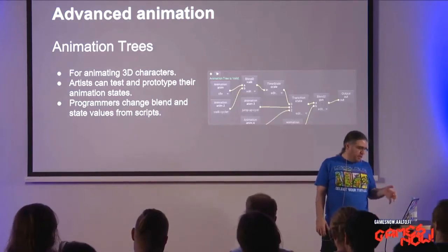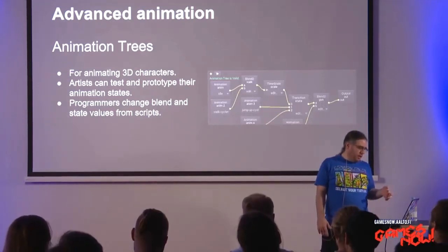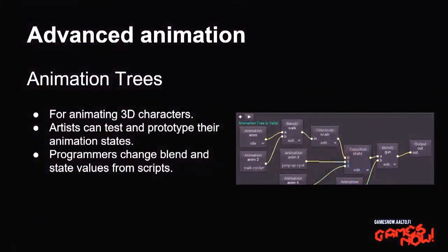We also have animation trees for 3D. So on 3D, when you're working on a 3D character, you have situations where you have a walk animation and a run animation, and you also have the gun, like your character has a gun, or maybe it doesn't, and you need to combine these states, right? So running with the gun, or running normally, or walking with the gun,